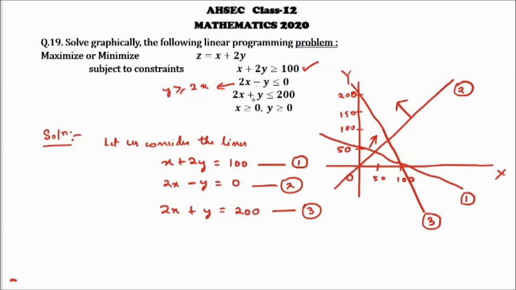So here let us check whether the origin satisfies this or not. Clearly the origin satisfies this inequality, so my solution region will be towards the origin. So for this line, the solution region will again be this side. Now if I want to find the intersection of this solution region, I can say that this